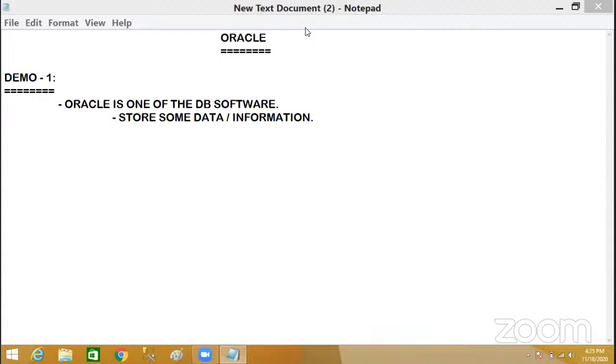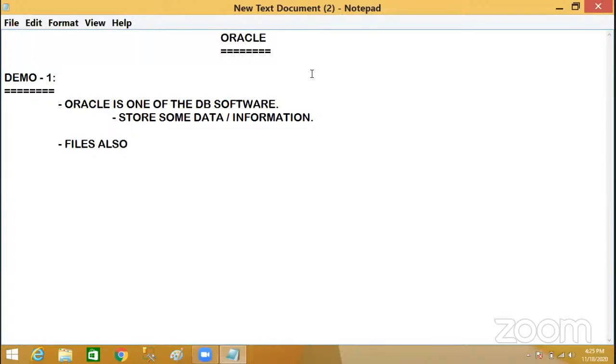Yes or no? So there are so many different types of activities and operations we can do by using databases. Only storing is not a big matter. Even so, if I only want to store, why should I want to use databases? Tell me. If I want to store, I can use files also now. Yes or no?